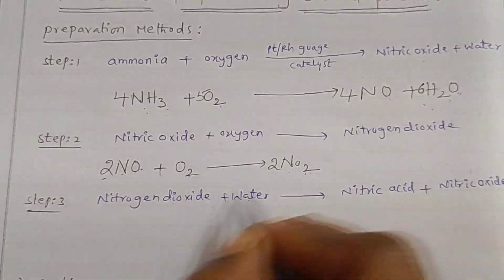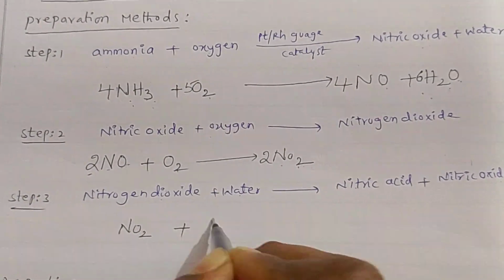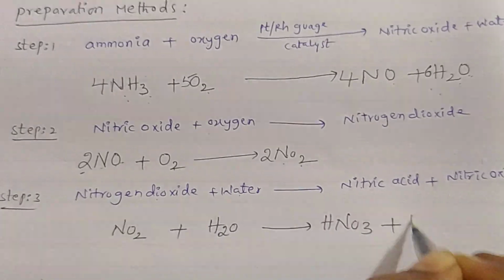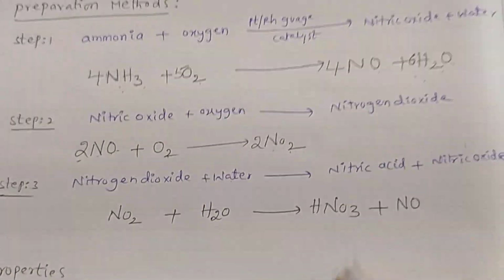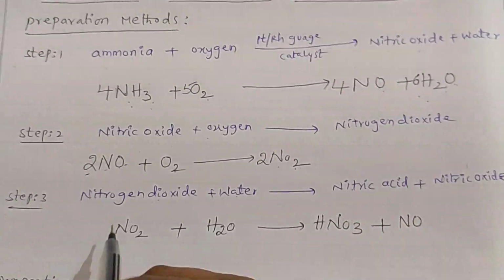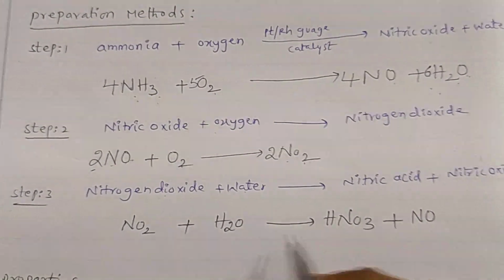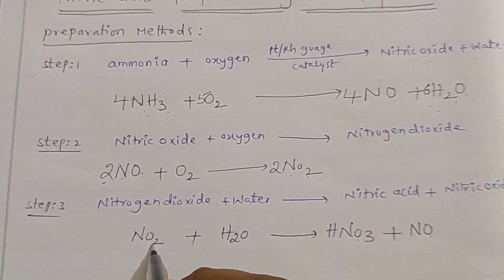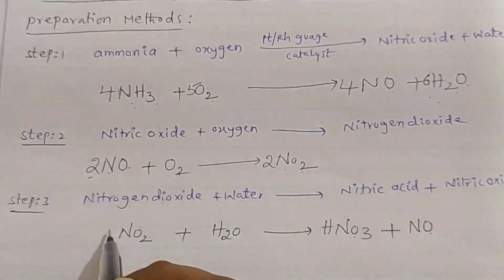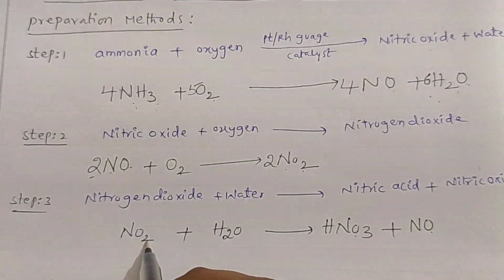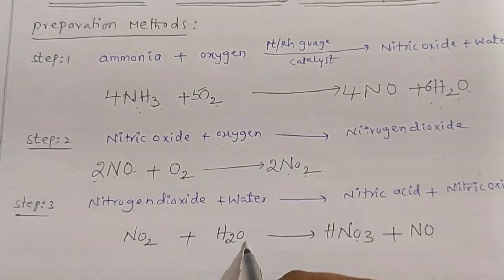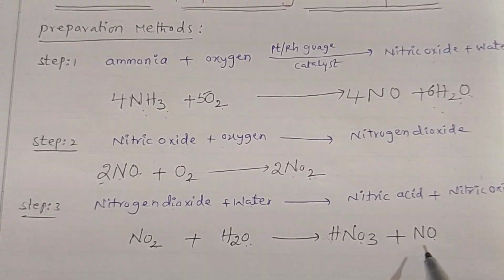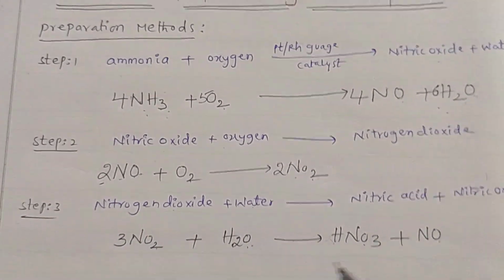Then nitrogen dioxide is the starting material, NO2 plus water gives rise to nitric acid, that is HNO3, plus nitric oxide. So we need to balance the equation. If you take 2 here, if you check here, 1 oxygen and 3 oxygens, total 4 oxygens, here only 3 oxygens, we need to balance the oxygens. If you take 2 here, oxygens may not be balanced. If you take 3 here, then